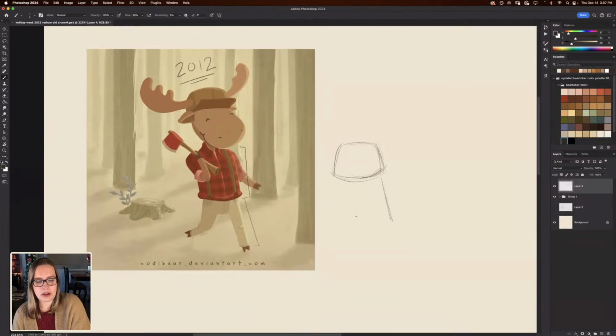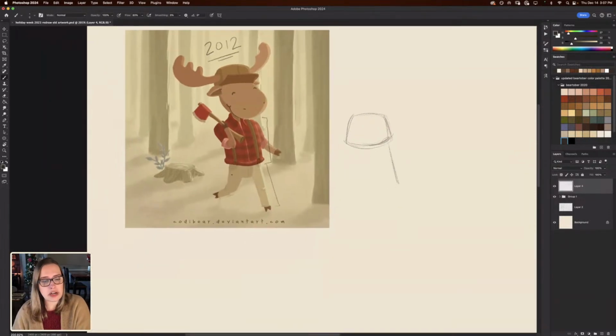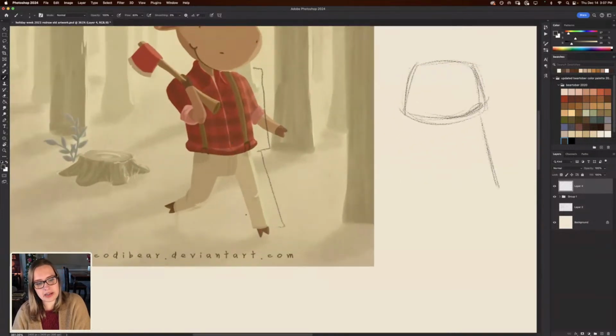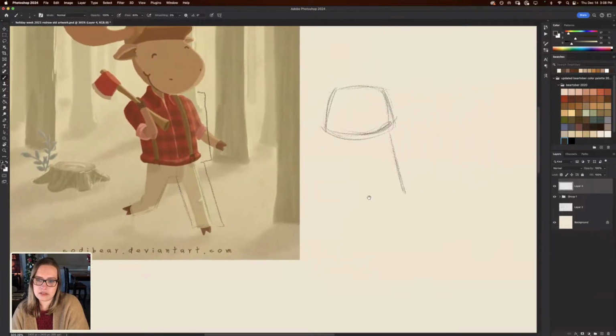I'm leaning in the same direction as I did with my legs back then, but I probably would make them a little bit wider. And I would also bring the bottom of the pants up, probably like that. So let's make the pant legs a little bit wider, the middle of the pants, and then we're going to bring his leg up like this.